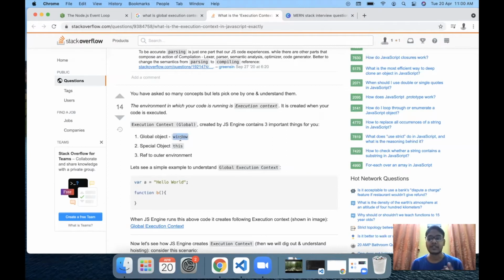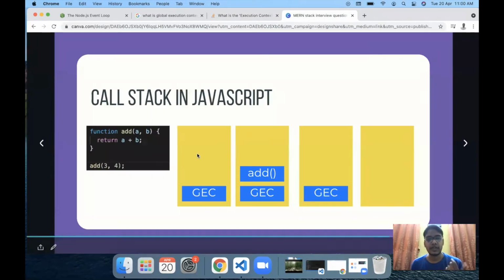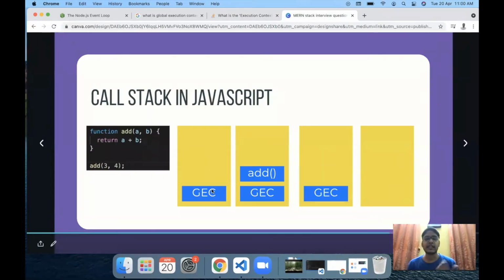So the window object, as you know, is the main or primary object available in JavaScript code, which we can use to run all sorts of things in our browser environment. First thing that we do is add the global execution context into the call stack. After that, the interpreter will go line by line into our code, and it will ignore all the function definitions. What I mean by definition is code written like this, where we define those functions, and it will only focus on all those function calls.